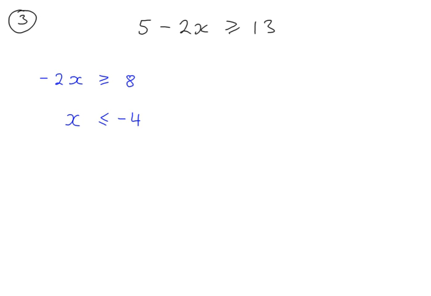Okay, an alternative method. If I add 2x to both sides, that leaves 5 on the left hand side is greater than or equal to 2x plus 13. If I now subtract 13 from both sides, 5 minus 13 gives minus 8, it's greater than or equal to 2x, or 2x is less than or equal to minus 8. Dividing by 2 gives this,